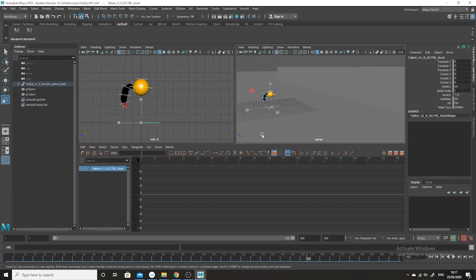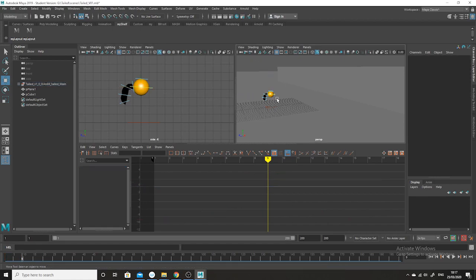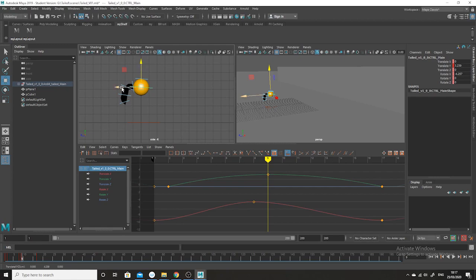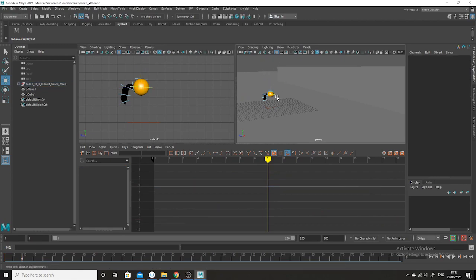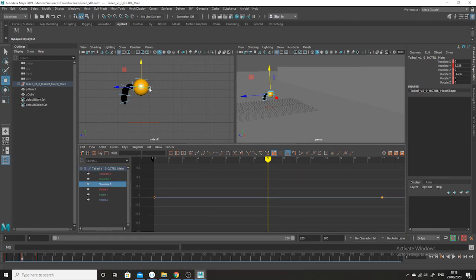Okay, so you've got this character, he's coming, so we want him moving forward in the, what axis is this? Let's have a look. In the Z axis. So if you click on the buttons, you can see that this is actually the blue arrow, so it's the Z axis. He's going to be moving forward in the Z. So the easiest way to do that is we're going to use this controller as opposed